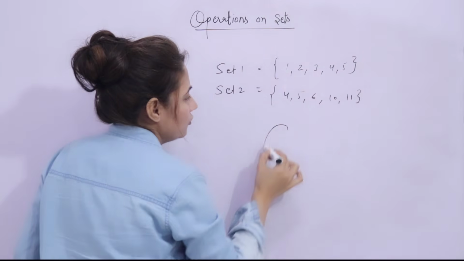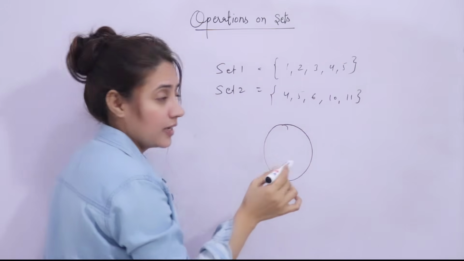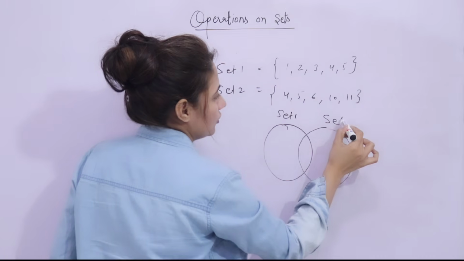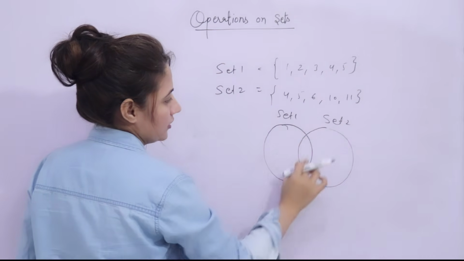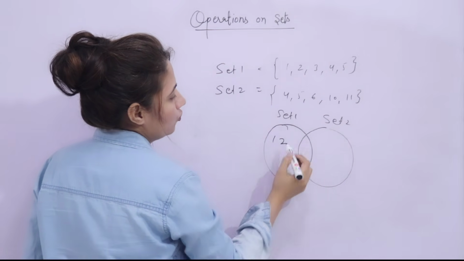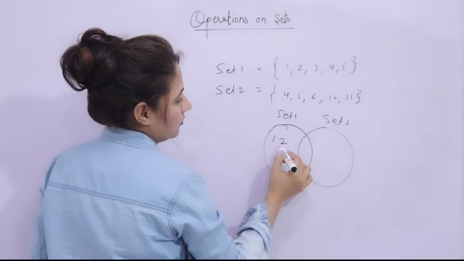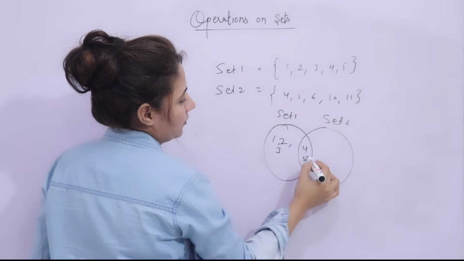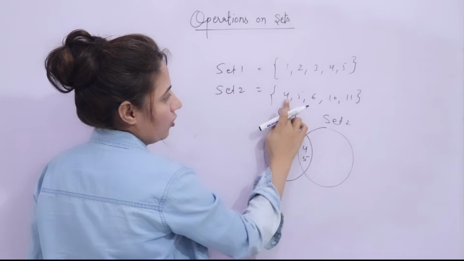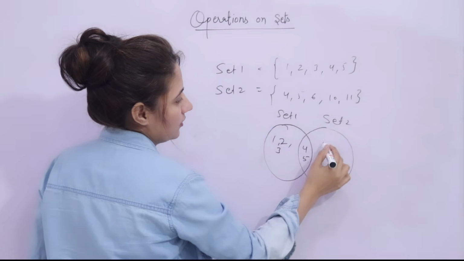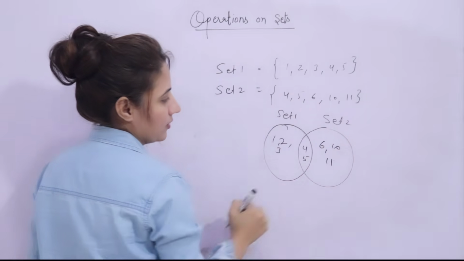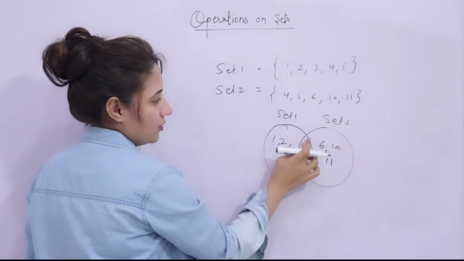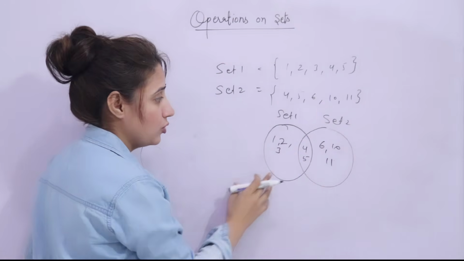So union is what, if you have heard about Venn diagram, then this is set 1 and this is set 2, this circle, this is for set 1. So we have 1, 2, 3, and let's suppose write 4 and 5 here, because 4 and 5 these are common. In set 2 also we have 4, 5, 6, 10, 11, right? These 4 and 5 these are common, that is why I have written this thing here using Venn diagram. So if I find